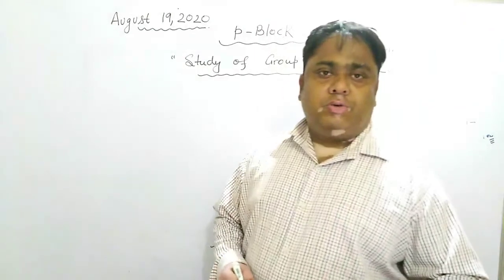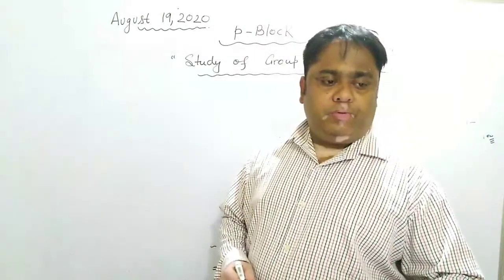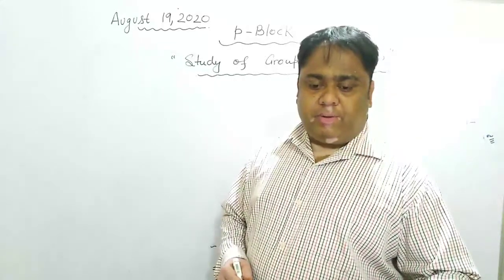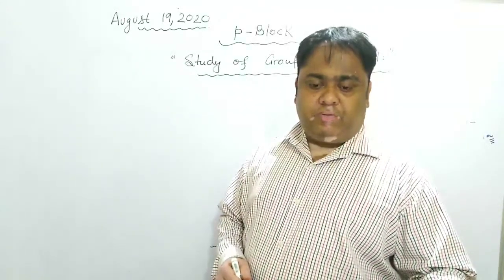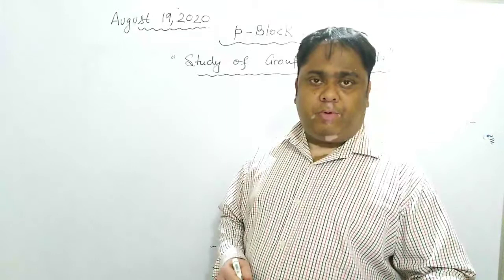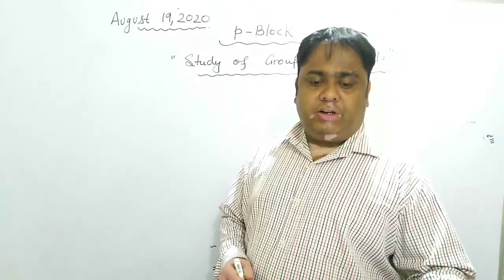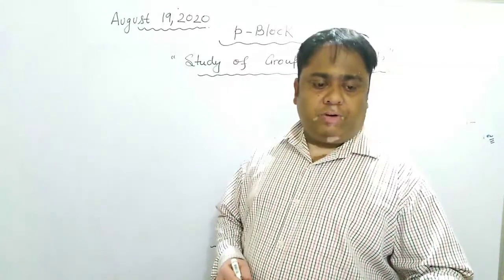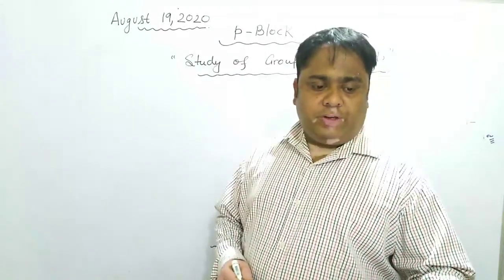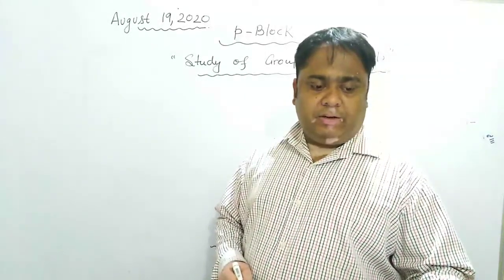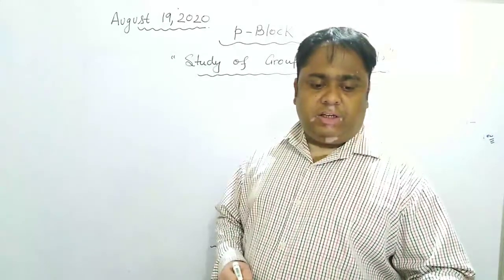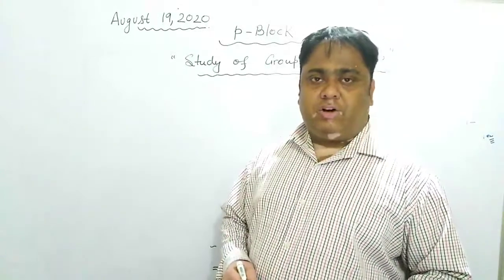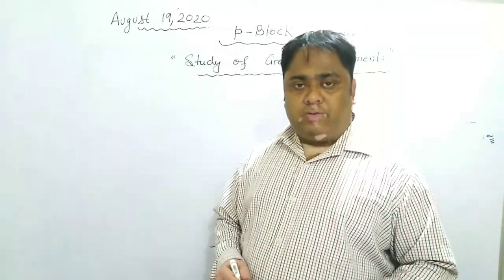Good morning, students. So we were studying about group 15 elements in the P block elements chapter, and we have completed the preparation of dinitrogen, ammonia, nitric acid, allotropes of phosphorus, phosphine gas, and PCl3. All that we have seen. We have seen the preparation and the structures of oxo acids of phosphorus and oxo acids of nitrogen.